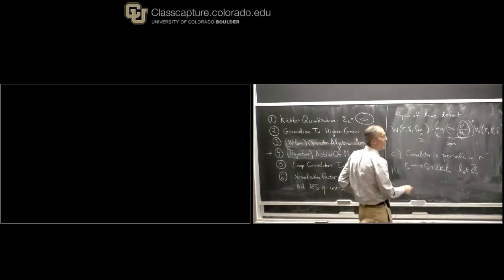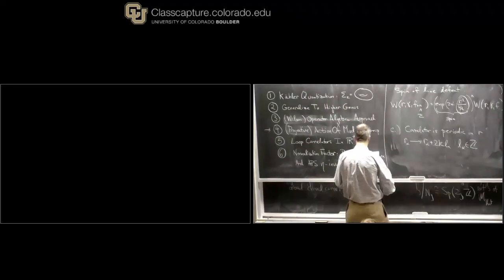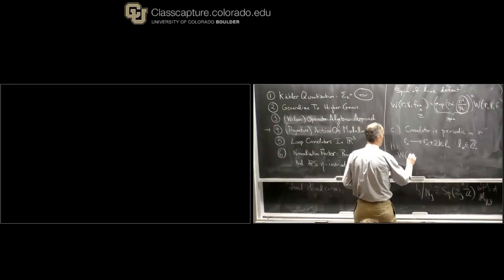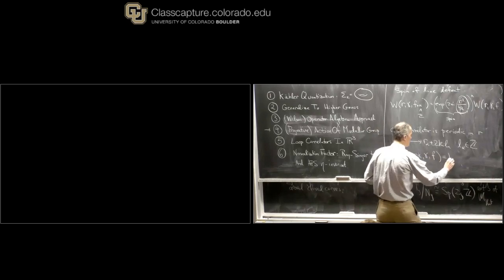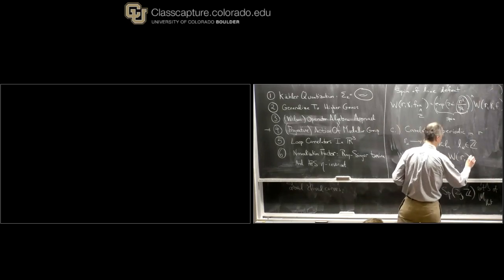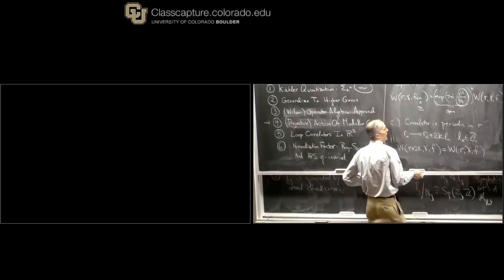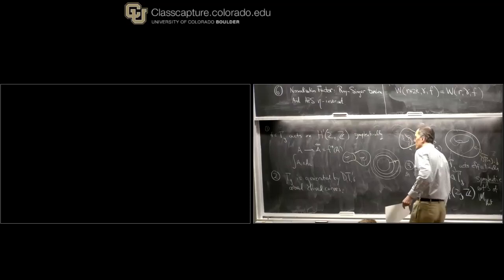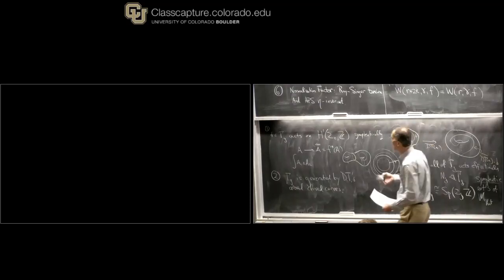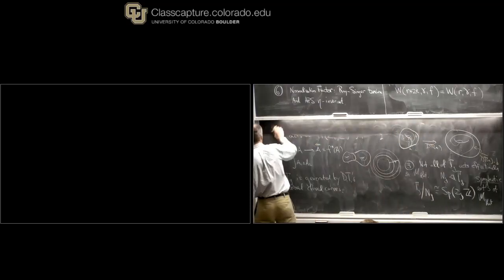You could just check that explicitly from the answer. So that means that W of R plus 2 kappa gamma F is W of R gamma F, and that implies that there's only a 2 kappa dimensional space of Wilson line defects, and that should remind you of the space of states